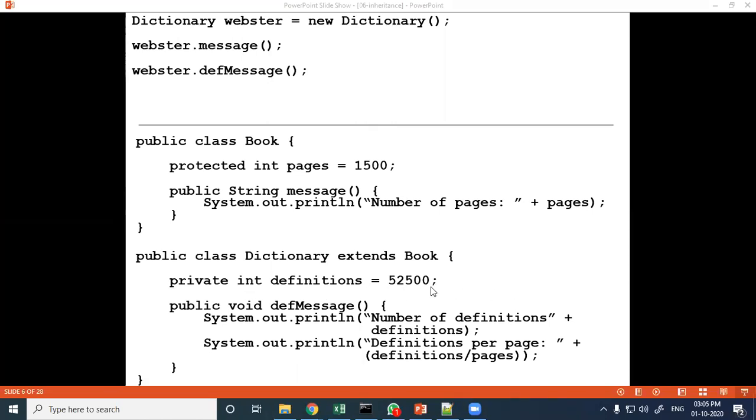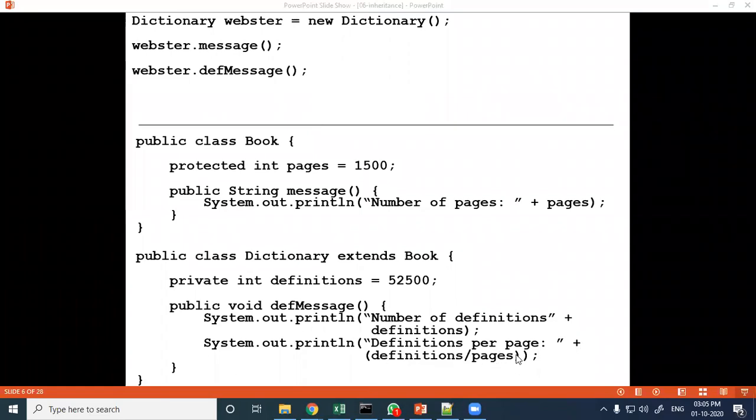Again inside the dictionary class there is another method, define message. Inside this, the number of definitions variable is printed, and definitions per page is definitions divided by pages.